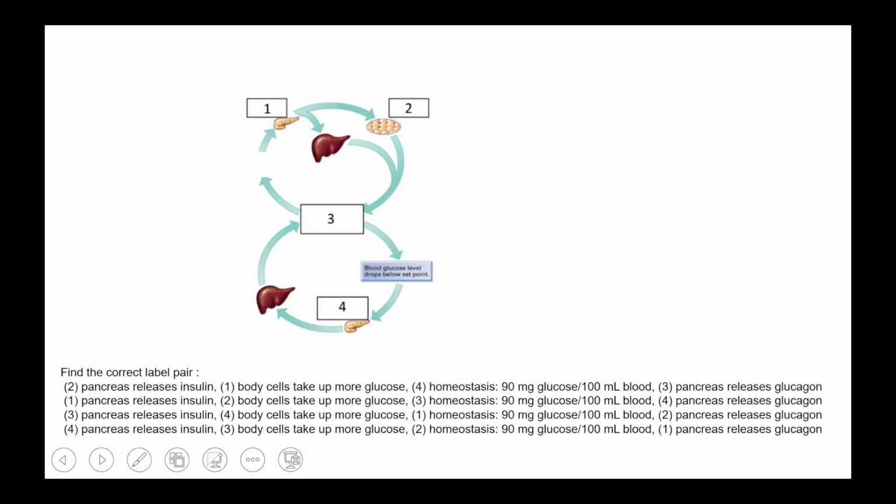There are a few problems. Okay, this is one of the explanations. So you have to tell or find the correct label pair. Here, we'll start with the third one. The third one is the homeostatic condition. So what will be the third one? This is an image referring to the blood glucose level and its homeostasis: when the glucose level rises, when the glucose level goes down, which hormone is related, and what are the effector organs.